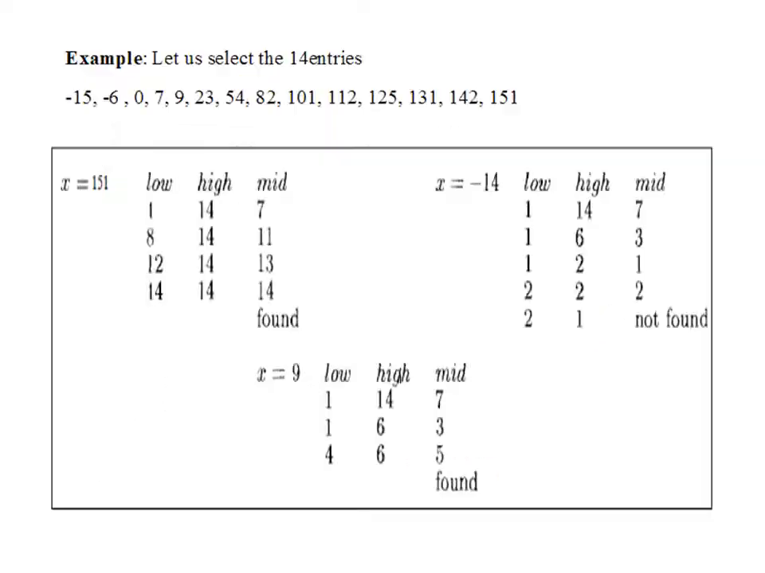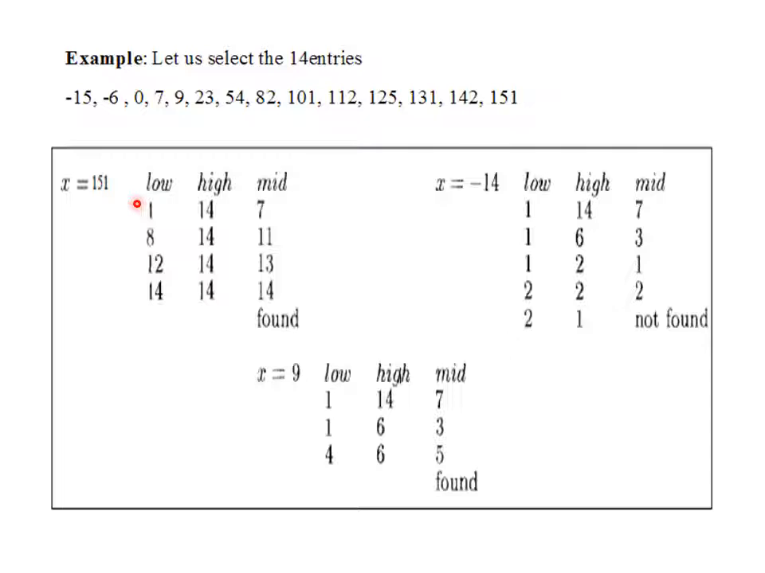Okay, now we will simulate with an example. Let us select 14 items in a given list. So the list contains 14 items, 1 2 3 4 5 6 7 8 9 10 11 12 13 14, with index values from 1 through 14. Now we want to search for items in the list. The first case we want to search is x equal to